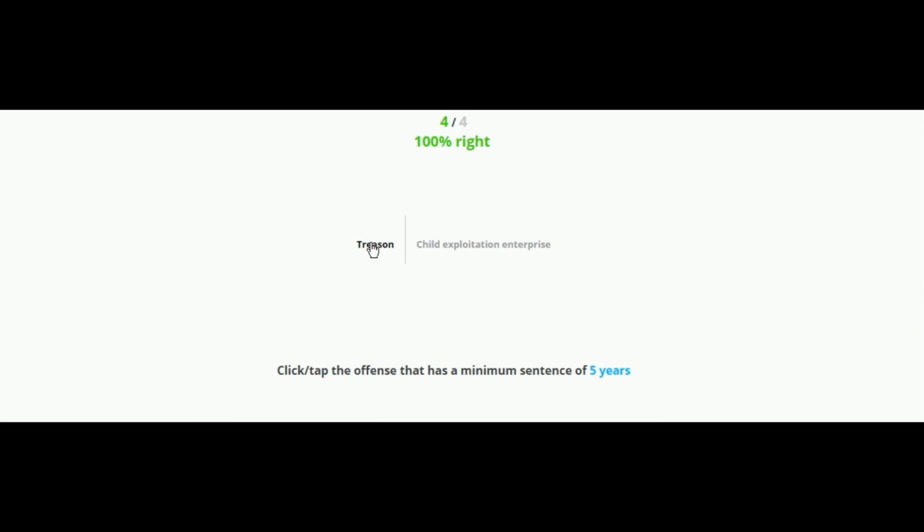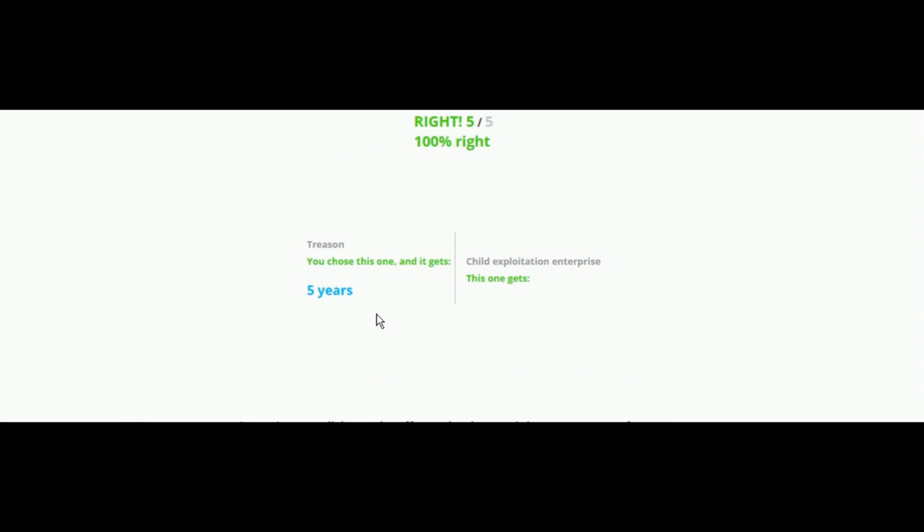I think I read it somewhere, to be honest. Okay. You're right? Yeah. I was gonna say, I feel like that probably has a higher one anyways. Yeah. So treason only gets you 5 years. Finally we have a reasonable sentence for that. Like for anything involving children like that. Right. It's the first reasonable one I've seen.